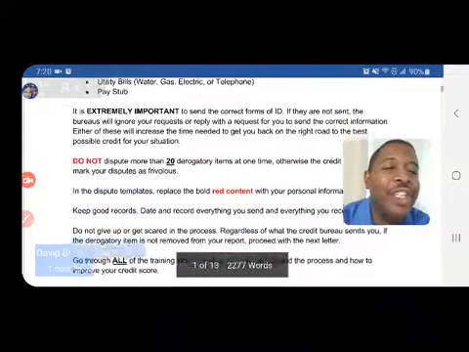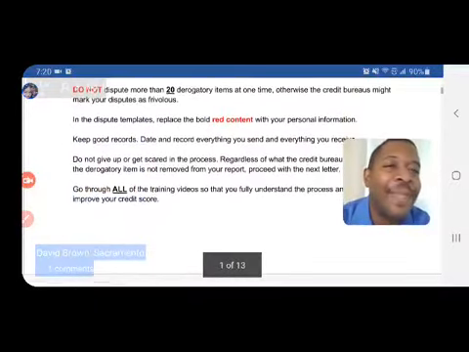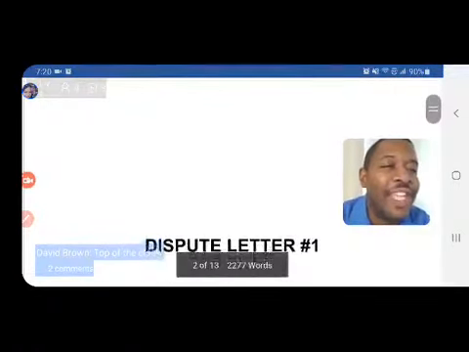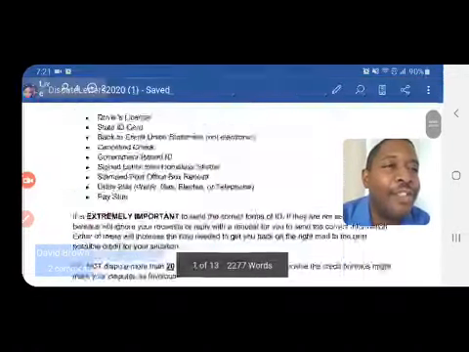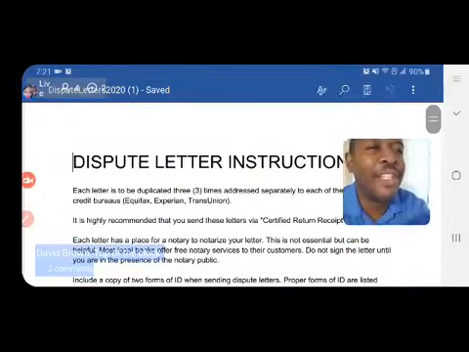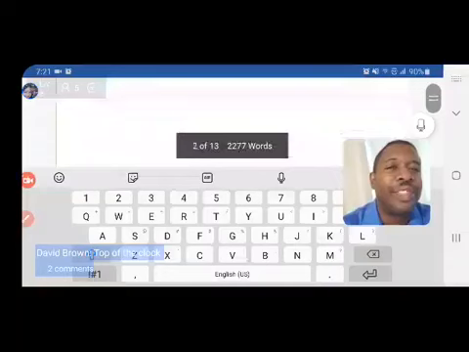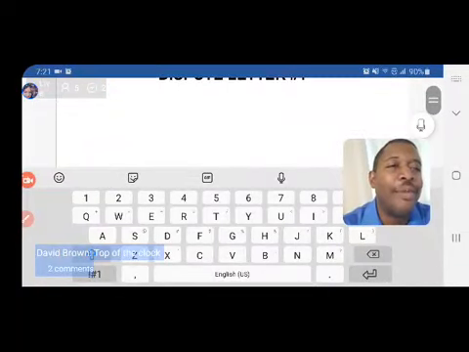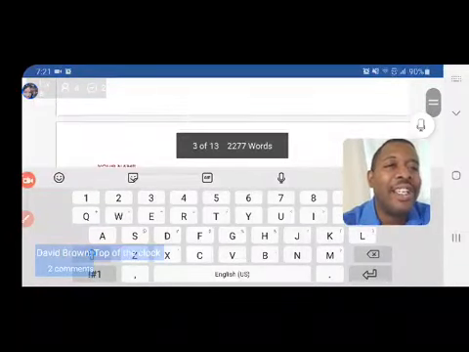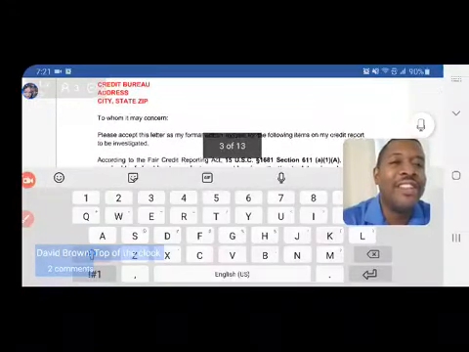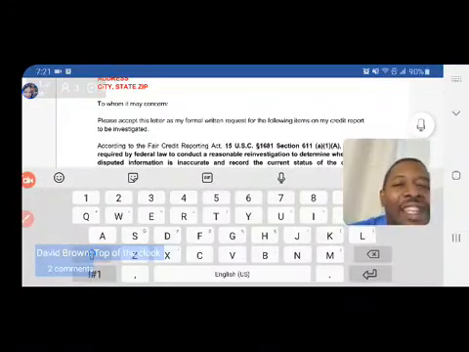Now as we look at this letter, you're going to see some text in red. That indicates the stuff that you edit. Let me get to the part where we're going to get into editing mode. Dispute number 1. Basically this dispute letter makes reference to the Fair Credit Reporting Act of 1972, that gives you the right